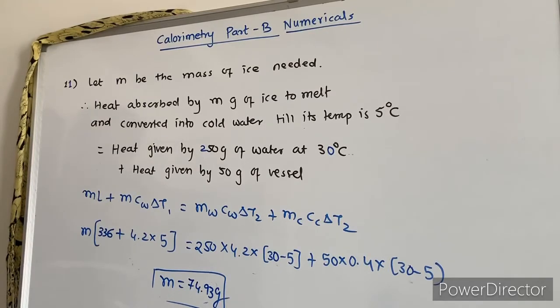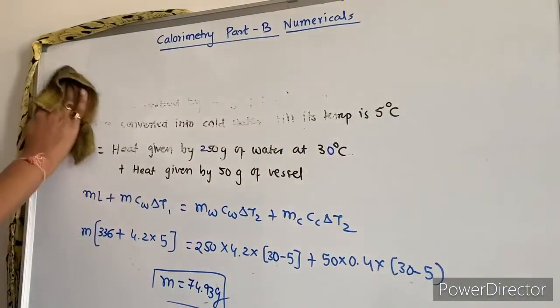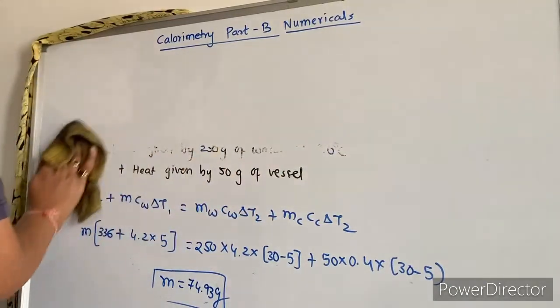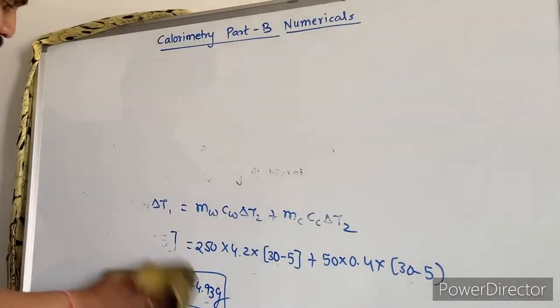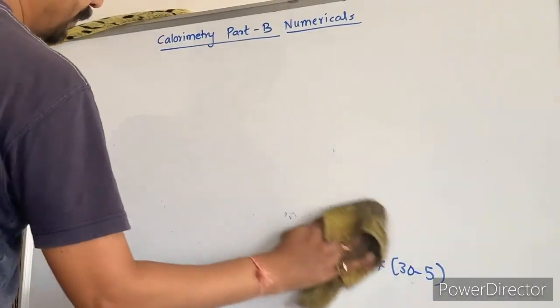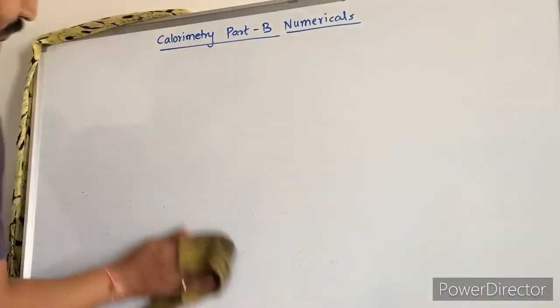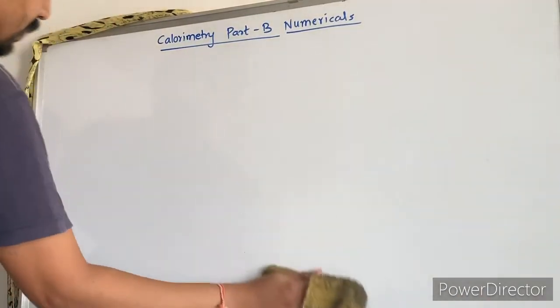74.93 gram. Okay, this is about the 11th. Check the 12th sum. The 12th sum is exactly the same as the 6th. What is given in that sum? Now just check. In the 12th sum,